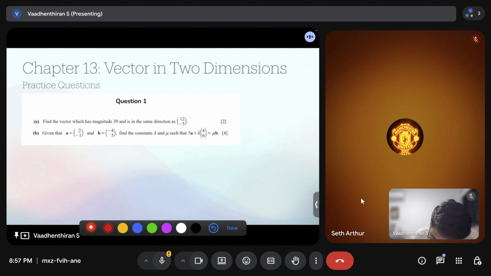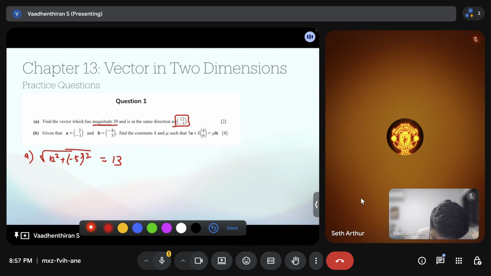So here they're asking to find the vector which has a magnitude of 39 in the same direction as (12, 5, -5). So what you do is first you take the magnitude of this direction. What's the magnitude of the direction? It will be 13. So the square root of 12 squared plus negative 5 squared will be 13,